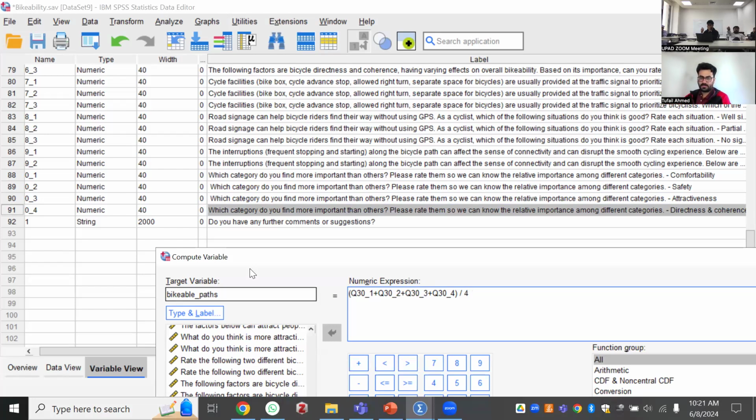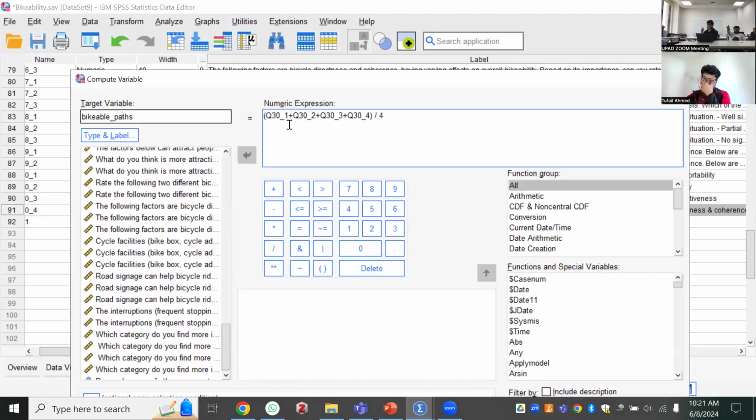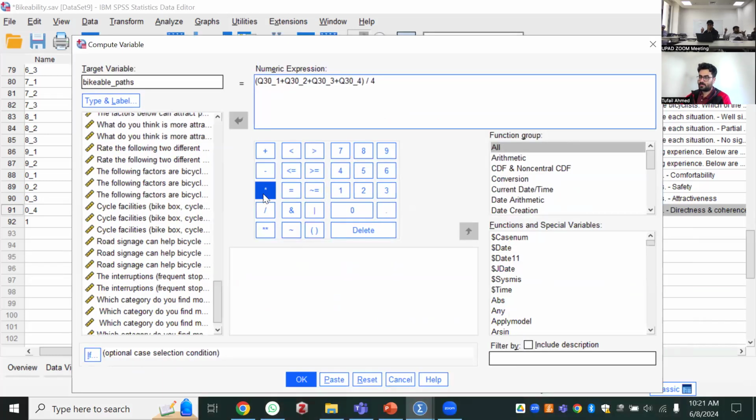So that is why we are adding all the responses of all 4 questions. If you see the numeric expression, question number 30 plus question number 32 plus question number 33, and so on, we add all 4 questions divided by 4. We are taking the average, and the new result that we will get after compute will give us the overall picture.